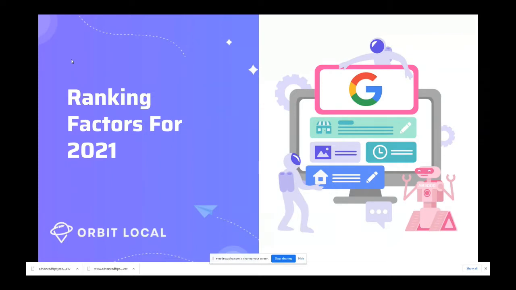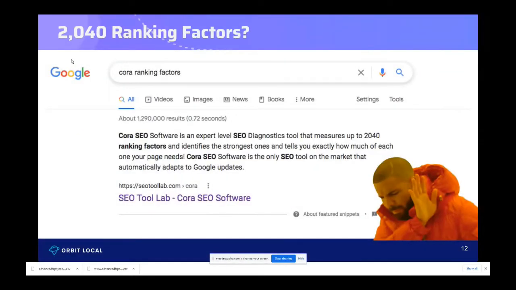What are they? Are there 2,000 ranking factors? I don't think so. I don't want to hear that. That's like too much, right? Like, what do you even do with that? You've got 2,000 ranking factors. How do you optimize for that? And I actually really like this tool,